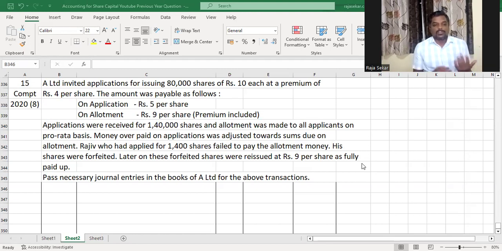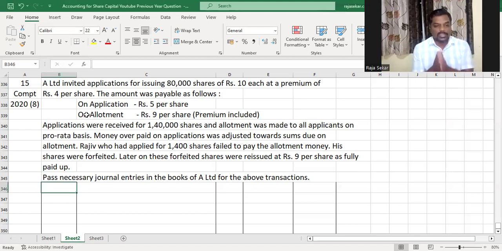So today, we're going to be studying a problem similar to the previous problem that we solved in the previous video. The problem that we solved in the previous video was an 8 mark question from compartment 2018, and today we're going to be looking at an 8 mark question again, but from the compartment 2020 question paper. It has all the adjustments like the previous problem, but it is different. In the previous problem, we had two people who had defaulted and we had to forfeit the shares of both of them. Whereas in this problem, there is only one person who has defaulted. And in the previous problem, there was no premium involved. However, in this question, we have securities premium.